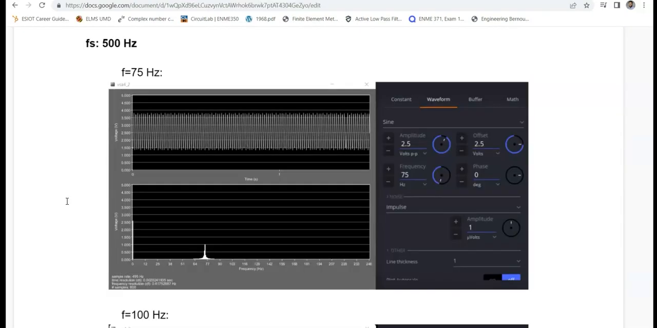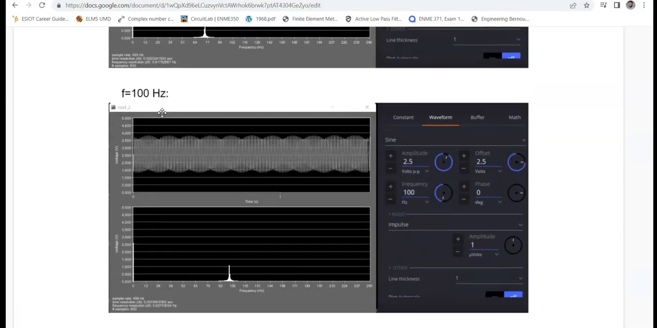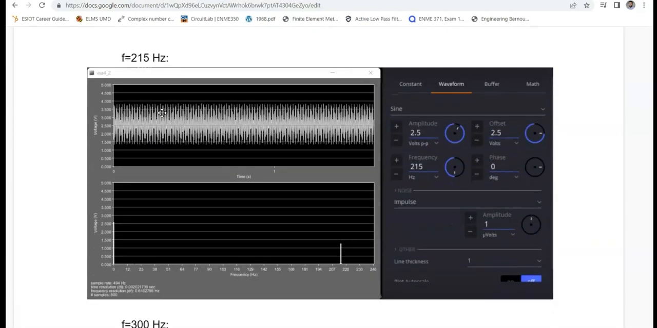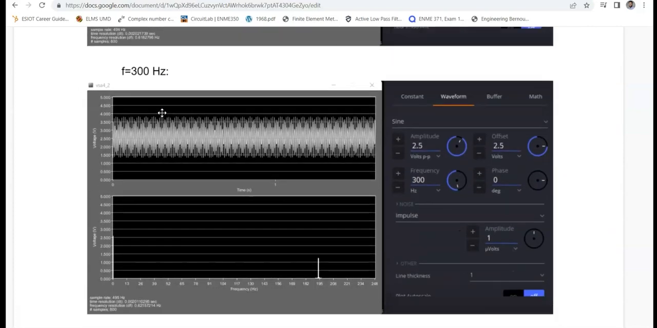The four sampling frequencies that we have are 500 hertz, 200 hertz, 142 hertz, and 100 hertz. And for each one of those four frequencies, we test the signal with frequencies of 75, 100, 215, and 300 hertz. So we can see the results here in these screenshots. The sampling rate is shown here at the bottom. So this is for 500 sampling rate: 75 hertz, 100 hertz, 215 hertz, 300 hertz,